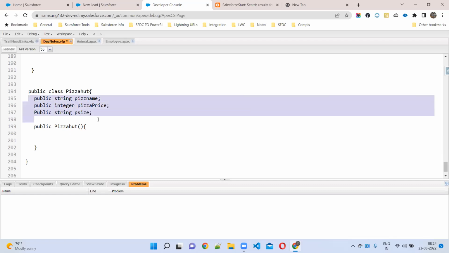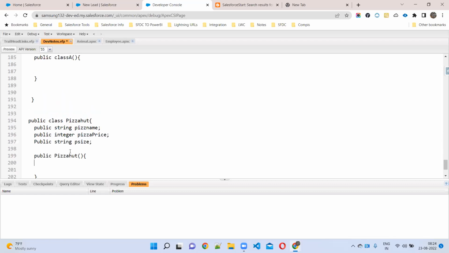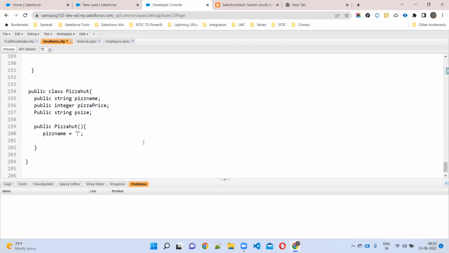So if I want to assign default values for this Pizza Hut, how can we assign, sir? To assign default values, directly we can call the variable name. What's the variable name? Pizza name equals Paneer pizza, Margherita, anything.